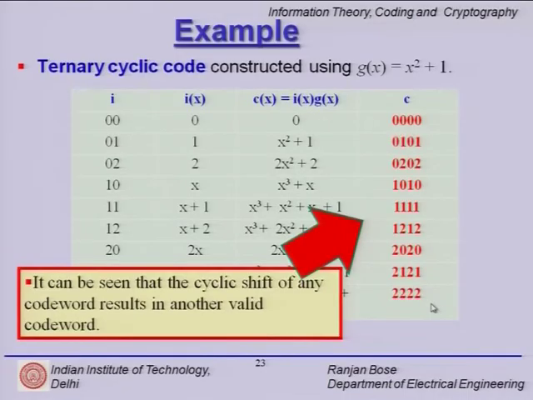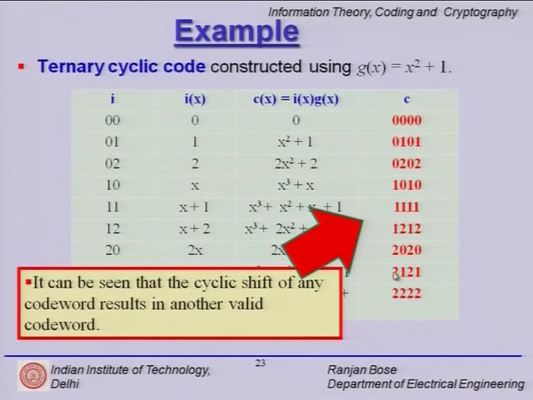But first note that it is a valid cyclic code. Sum of any 2 code words is another valid code word. You can do that math. It is over GF3, so modulo 3 arithmetic applies. If I take, for example, 0 2 0 2 and add it to 1 0 1 0, I get 1 2 1 2, which is present right here. Or if I take 2 1 2 1, add it to 2 2 2 2, 2 plus 2,